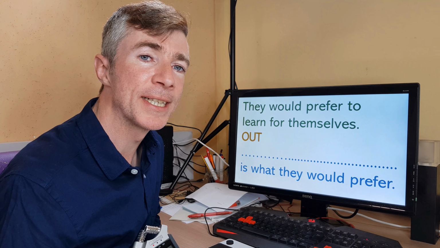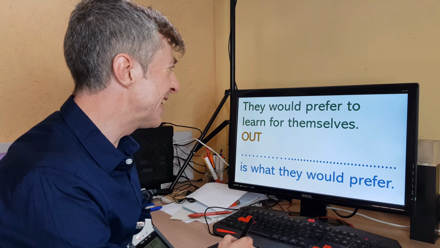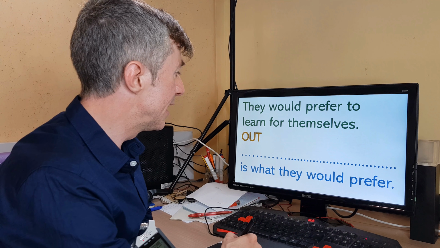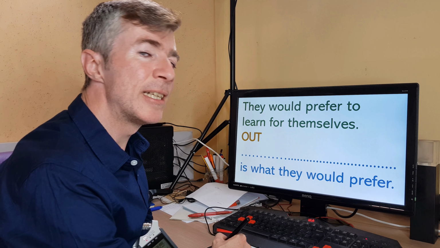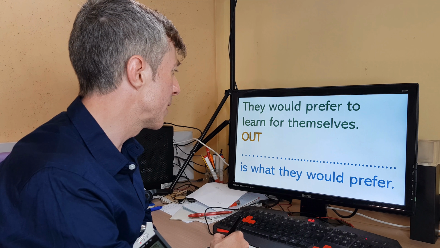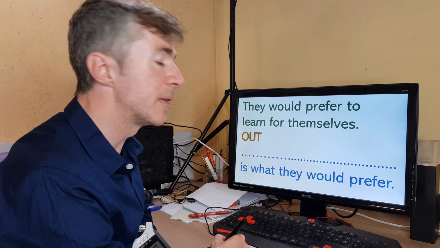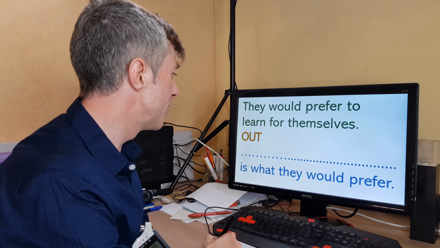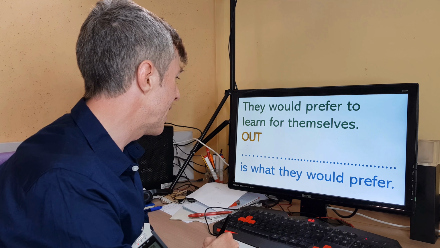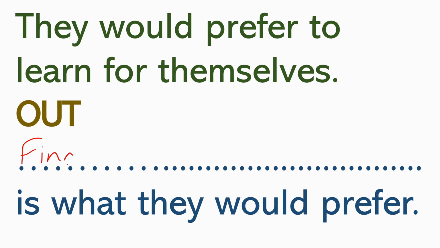Okay, so how was that? So what you should have had here, or at least you should have noticed, is that the keyword out is a sign that we need a phrasal verb. And of course, learn being the main verb in the sentence. So the phrasal verb here would be find out. So we start finding out